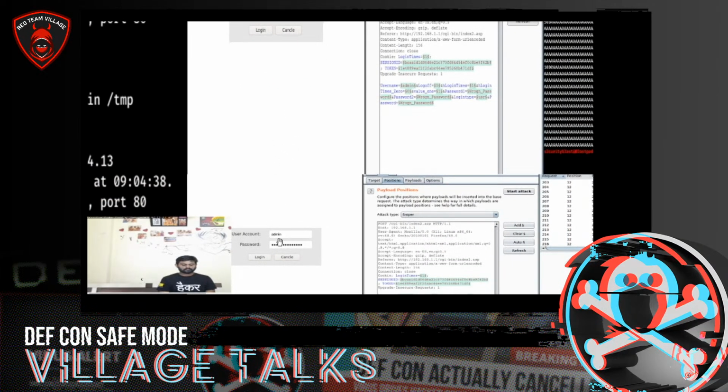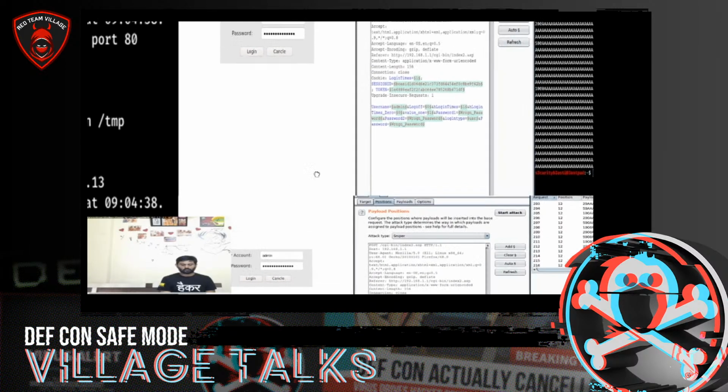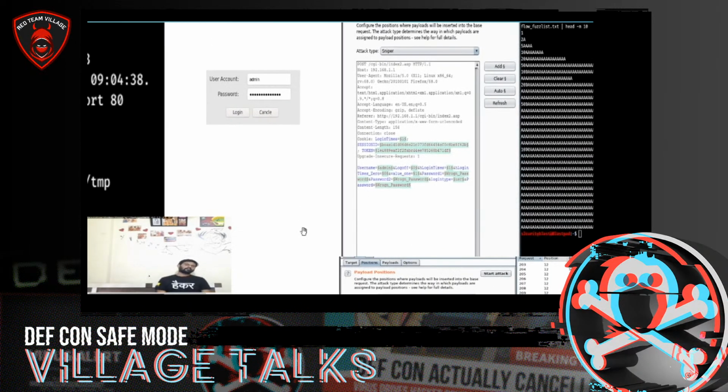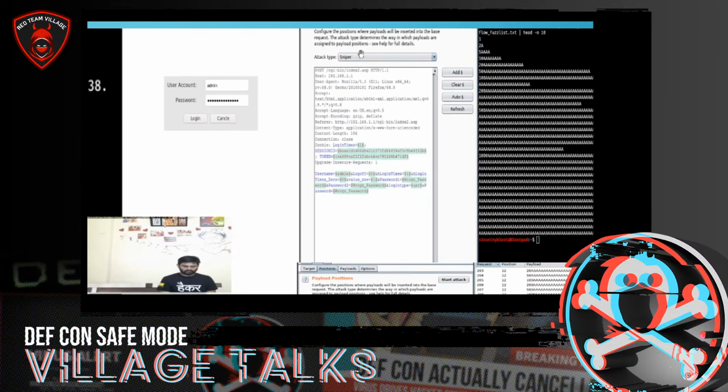So here is the first page, that is the admin login. I clicked on login, and one more thing: if you fuzz the pre-login pages, that is, unauthenticated pages, there is a very good chance of getting unauthenticated RCEs, and obviously we know that unauthenticated RCEs have more impact than authenticated ones. As you can see here, I logged in with the credentials, then I sent this request to Intruder, and